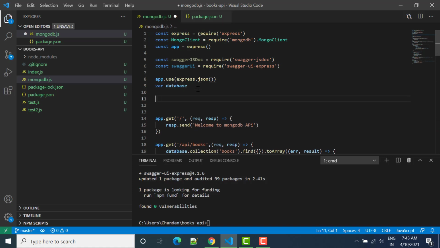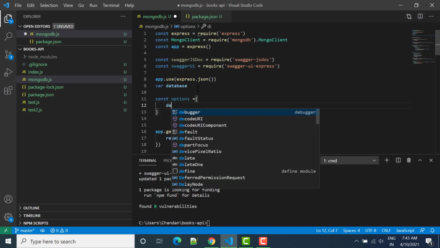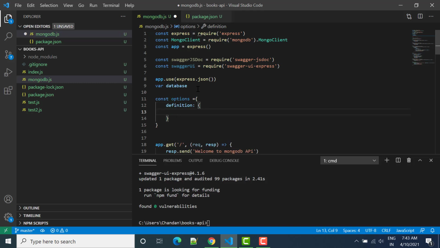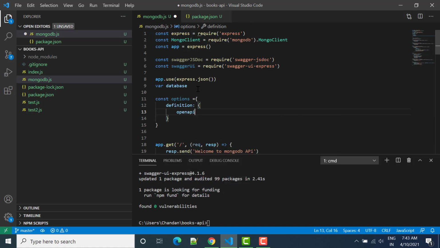So we can write const options equal to, and then we write here definition, and inside definition we will add openapi, and then the version will be 3.0.0.